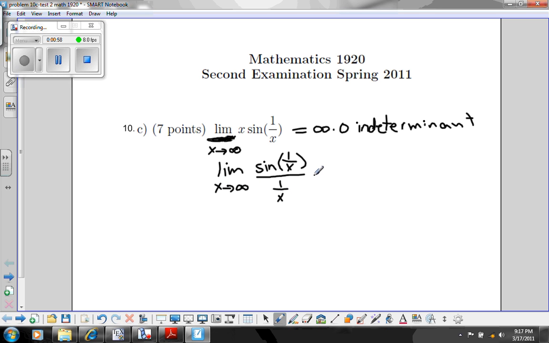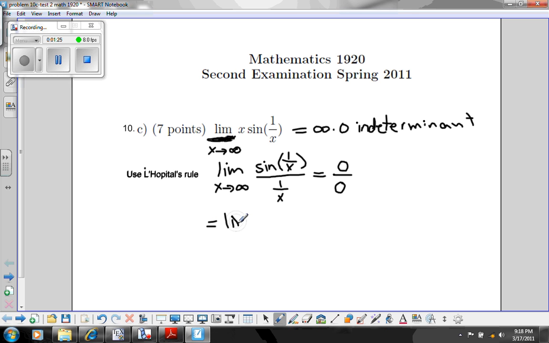Okay? So now let's see what happens when we plug in infinity. We get sine of 1 over infinity, so that's sine of 0, so that's 0. 1 over infinity is 0 as well. So now we can actually go and use L'Hopital's rule. Okay, so using L'Hopital's rule, we say this is equal to